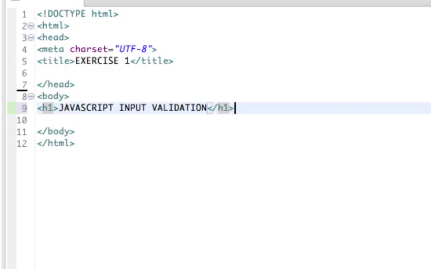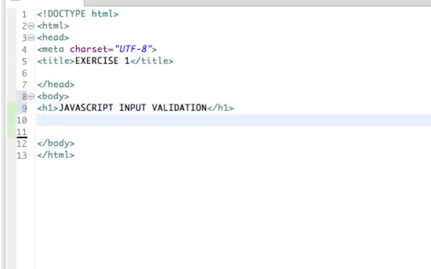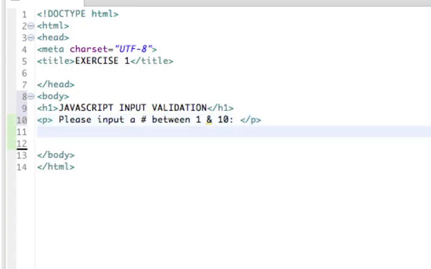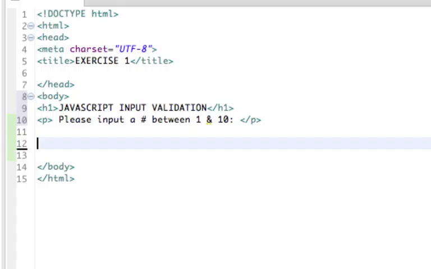That's going to close that H1 there, no problem. And I'm going to say please input a number between 1 and 10 below, and then we'll close up. Eclipse does a good job of helping me to close these tags, so it gives me a little bit of productivity. And we're going to create an input, and we're going to give it an